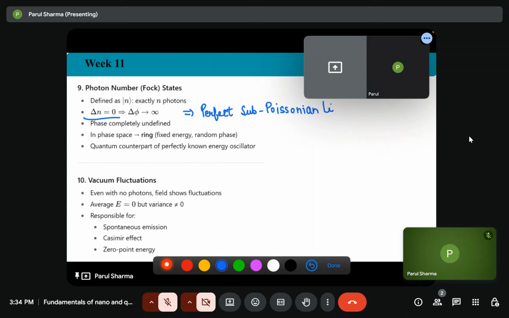Also, photons are equally spaced. So if we make a measurement for 1 second and find one photon, the number state is 1. And if we find 5 photons, then the number state is 5. So for delta n equals to 0,